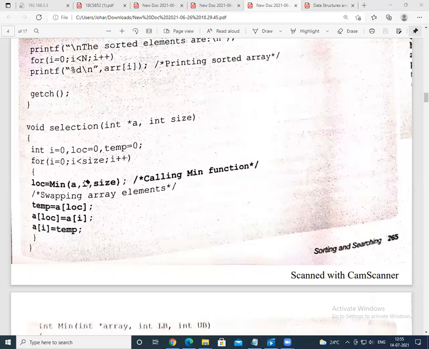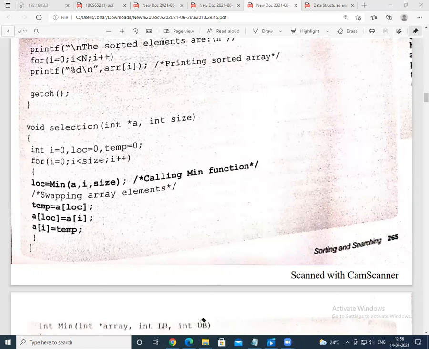In the next iteration, if there are 5 elements in an array, imagine, the array goes on reducing. So the minimum function is passed the array with the value of i. The value of i will be treated as LB, right?